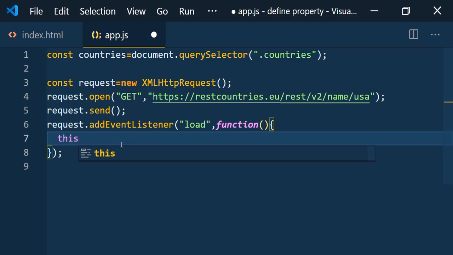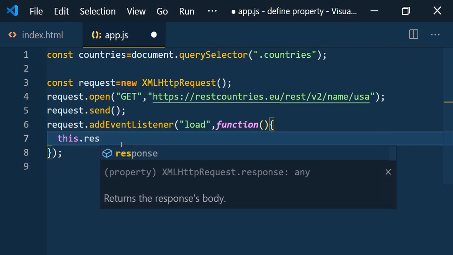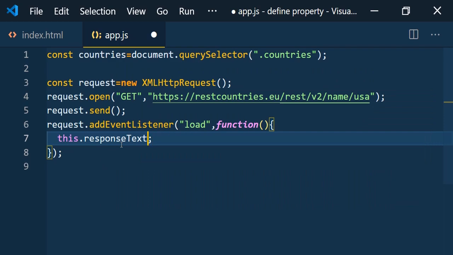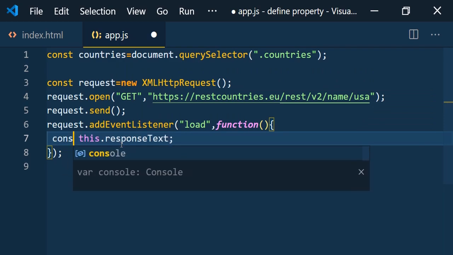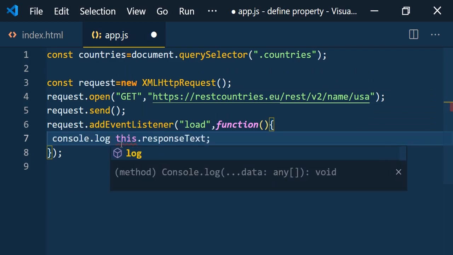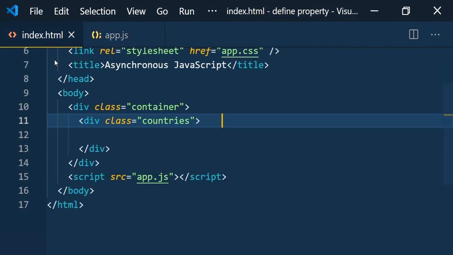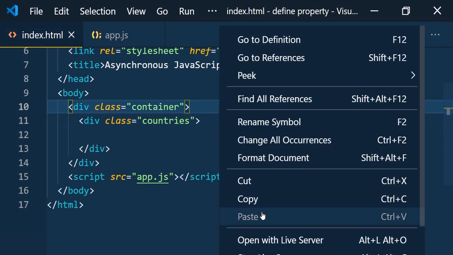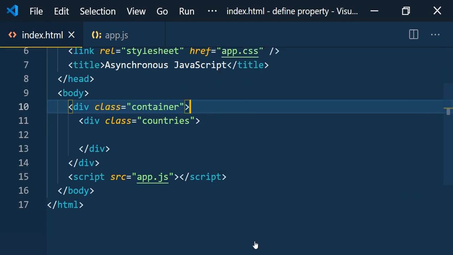So this.responseText. Let's go and print it, console.log. Now let us go and run it. So right click, open with Live Server.